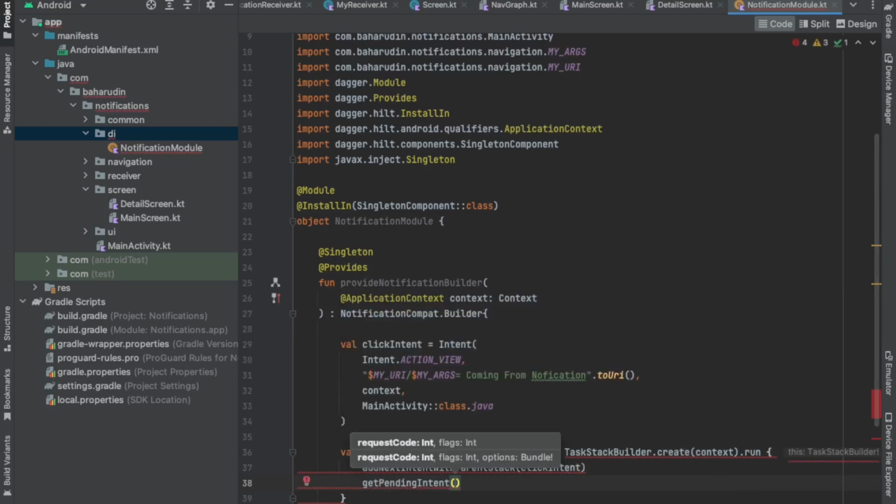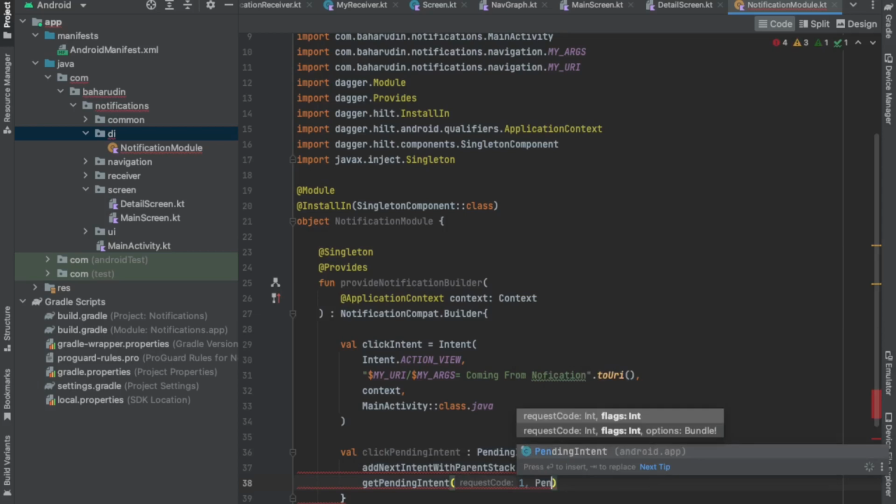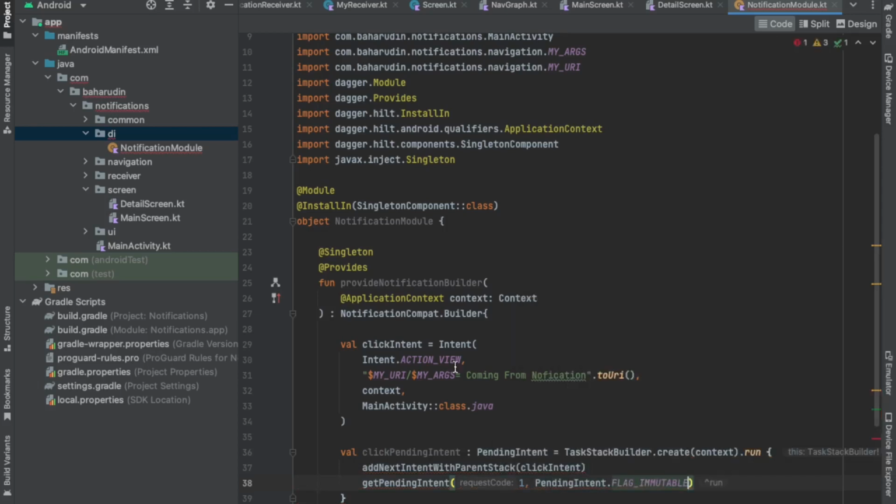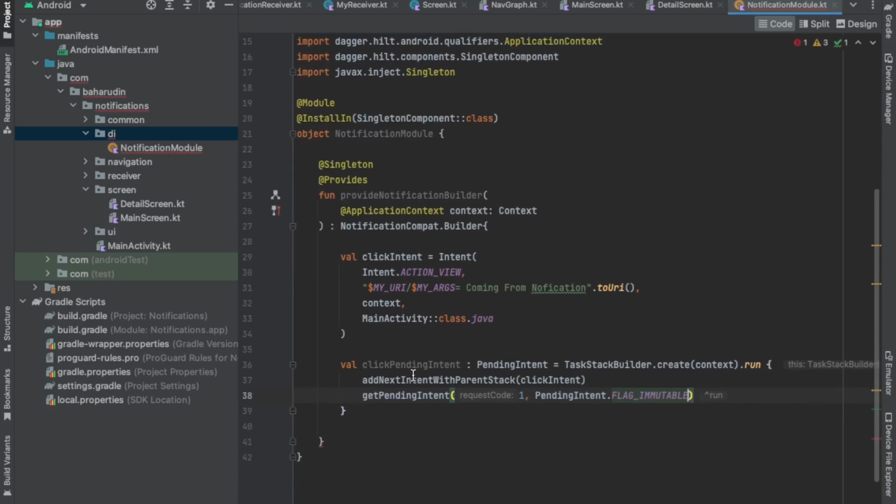The value is I will give 1 and give the pending intent dot flag immutable. Okay,